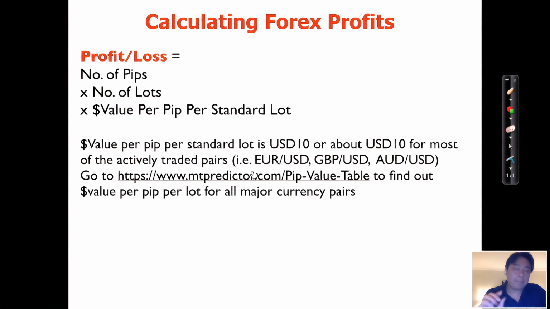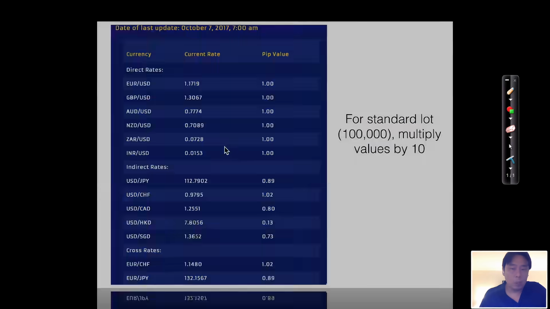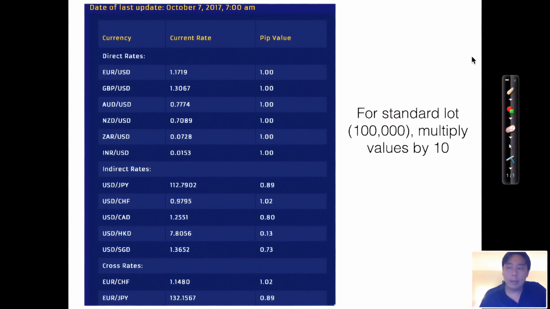But to get the exact value, you can go to this website over here, which is mtpredictor.com/pip value table to find out the exact dollar value per pip per lot for most of the major currency pairs. So if you go to the website, you will see something like that, okay? And again, this changes all the time. So you have to get the latest update on that day, okay? So on this day, when I log in, it's the 7th of October. So as of the 7th of October, you can see that for Euro USD, the value of one pip is,